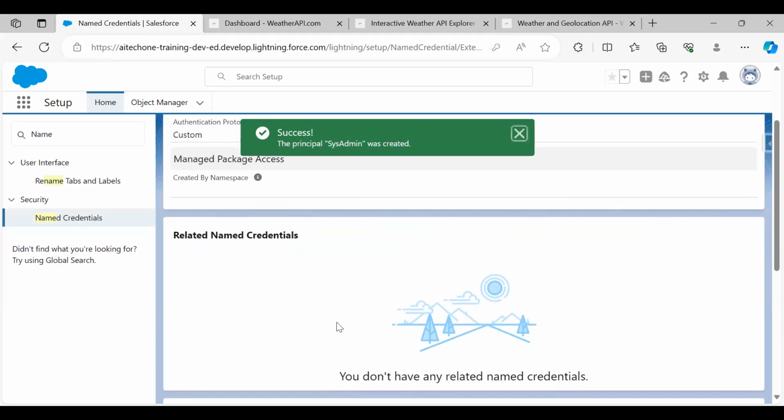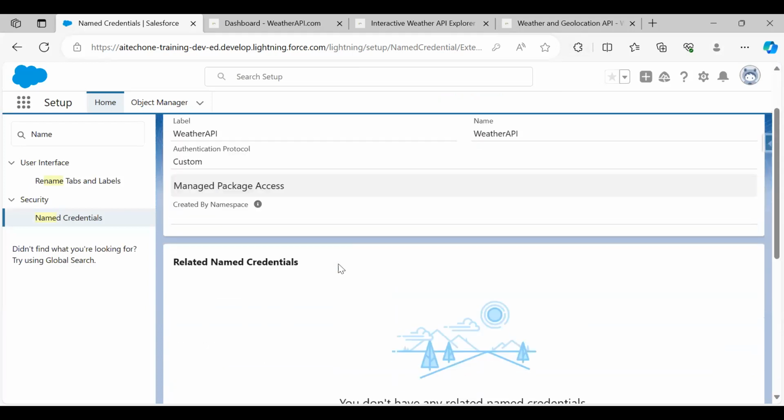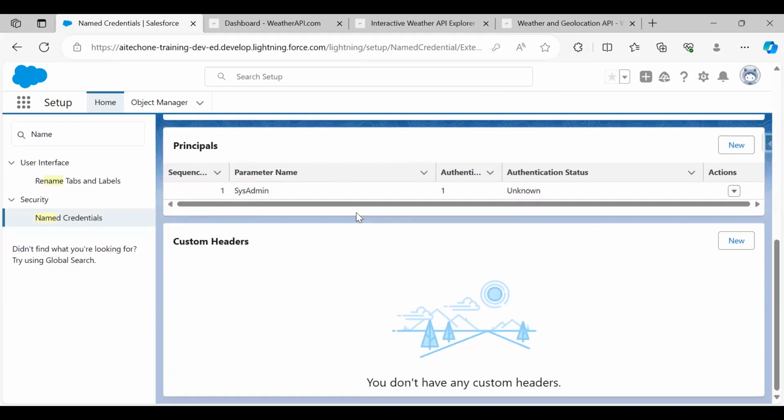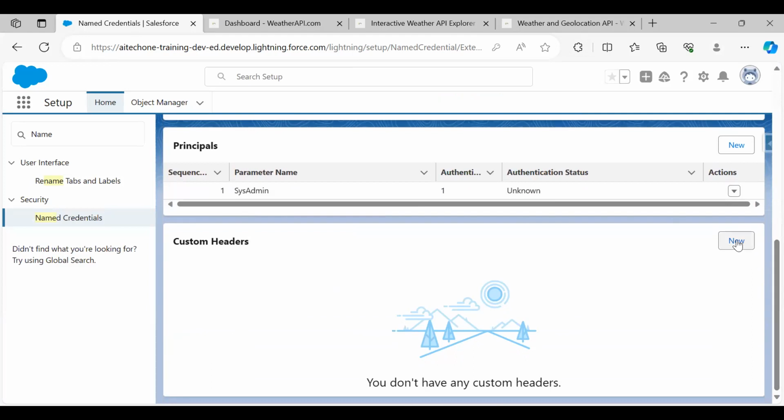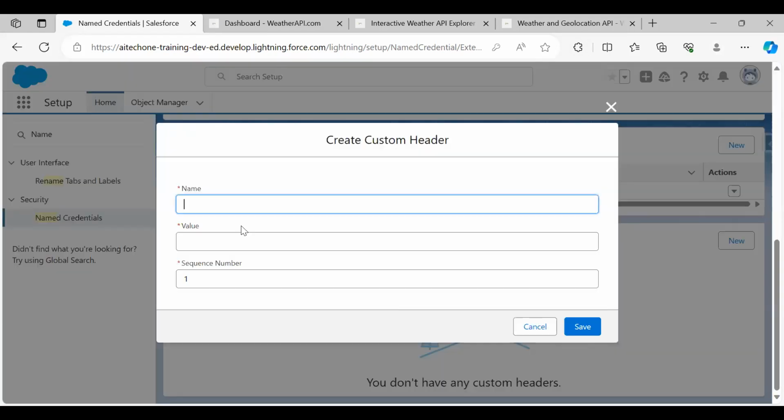Now, once we set up the principal, it's time to set up the custom header, because in the custom header we'll be using the name credentials and this principal. So I click on new, and here I need to add the name of my custom header. The custom header name, as I said, is key, and the value I'm going to set here is an exclamation sign